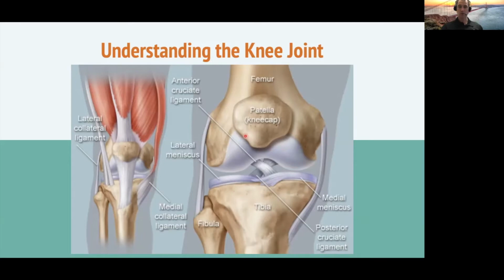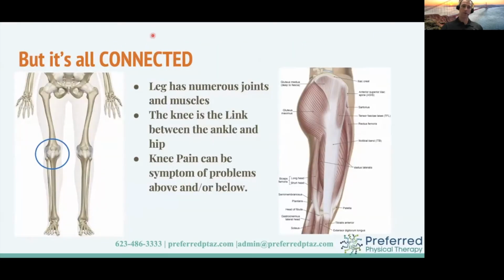Now, this is just the bone structure of the knee. We haven't even gotten into all the muscles and tendons that cross it. And what we haven't done is go into how it's all connected, a sandwich, so to speak, in between our hip and our ankle, and how it plays a part, especially when we look at over here, how many muscles are involved just with the outside of the leg, and how impactful it is that these are all cared for and attended to when we start looking at the knee joint.